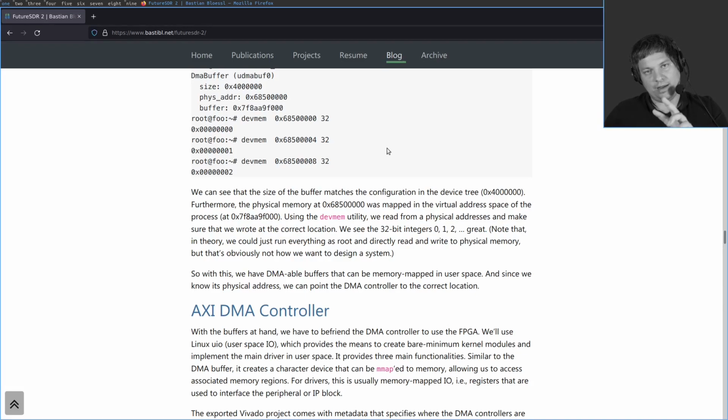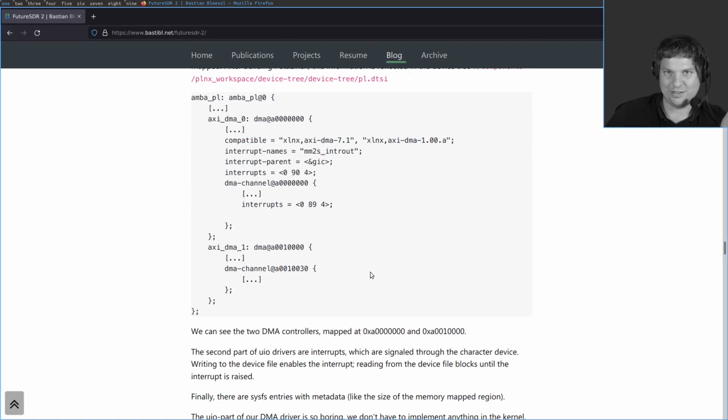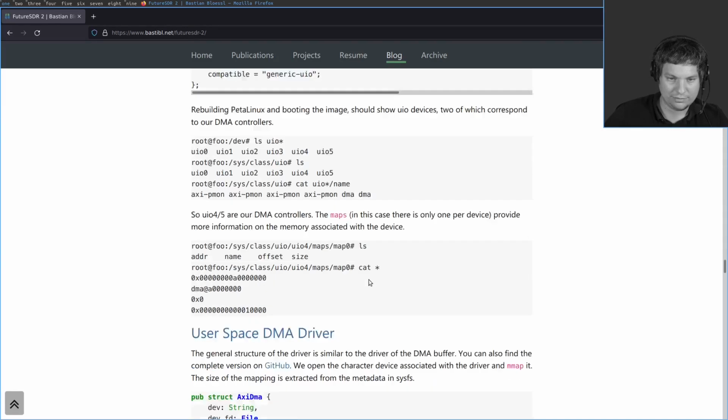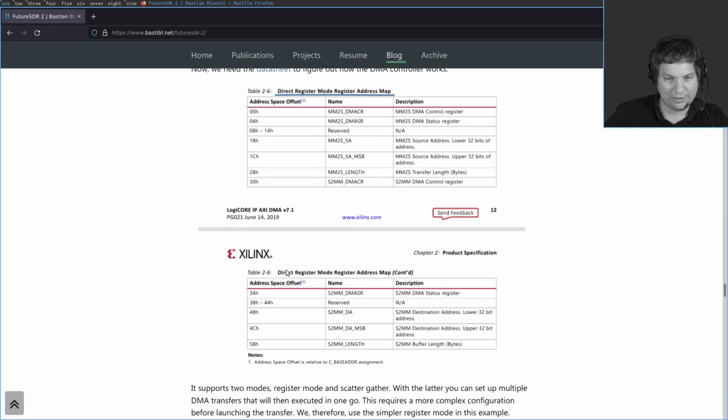Everything that this user space IO basically allows me to do is translate between the virtual address space in my user space process and the physical address where these DMA registers are mapped to. So all of this is described here.